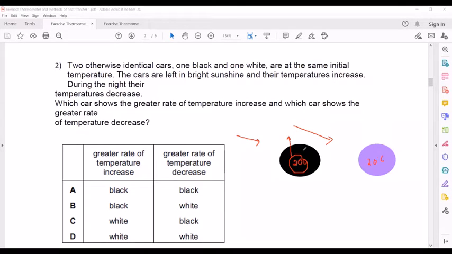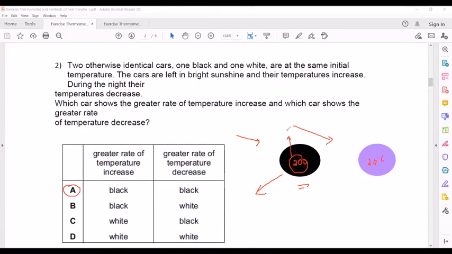And when it release energy, because it absorbs greater amount of energy, so when you allow them to cool down, so which one will emit out radiation more? The black surface will emit out radiation more. So dull and dark surfaces are good absorbers and good emitters. So if they are good absorber, they will show greater rise in temperature. If they are good emitter, so they will show a greater change in temperature. That's why A is the right answer. So rate of temperature increase is also greater, rate of temperature decrease is also greater.